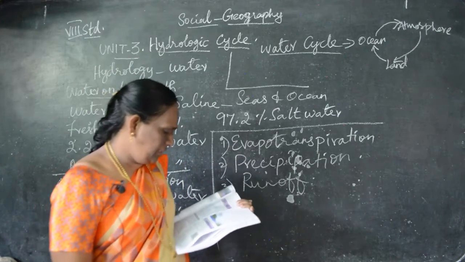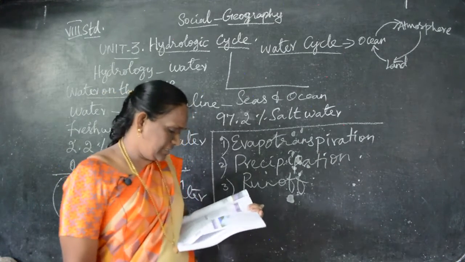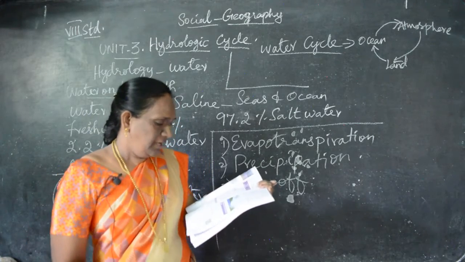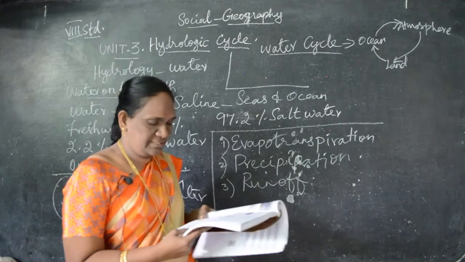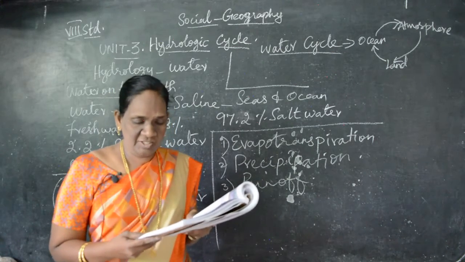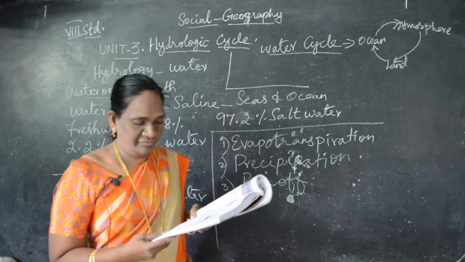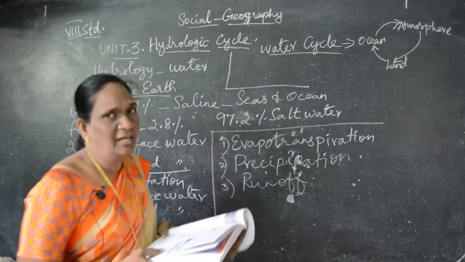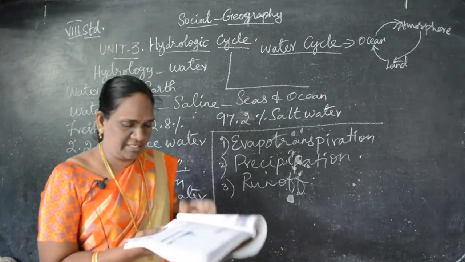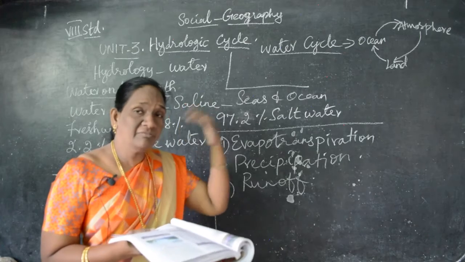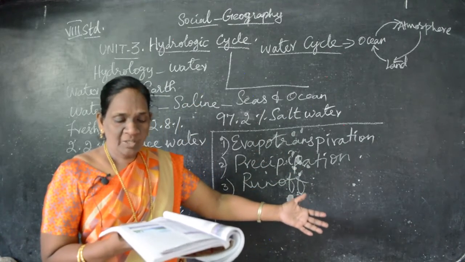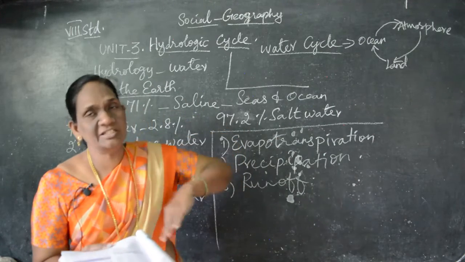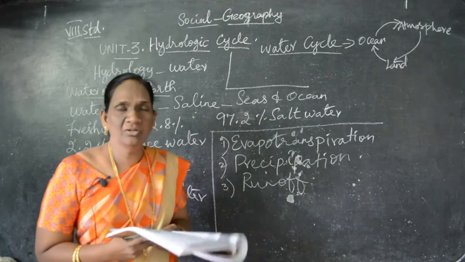Okay, now we will see the components of hydrologic cycle. Here there are 6 main components in hydrologic cycle. They are evapotranspiration, condensation, precipitation, infiltration, percolation and runoff. Okay, one by one we'll see. First one we'll see evapotranspiration. And already I told you that evapotranspiration is the evaporation from the surface of water bodies, and transpiration from the vegetation. Understand? Can you follow?